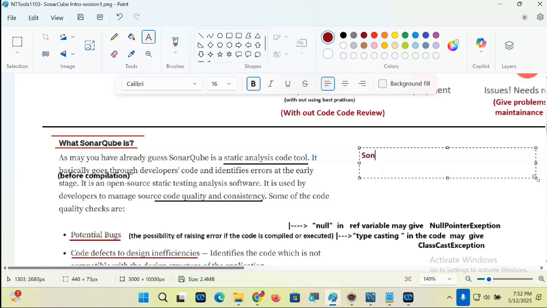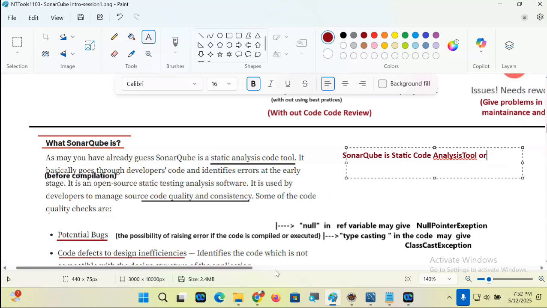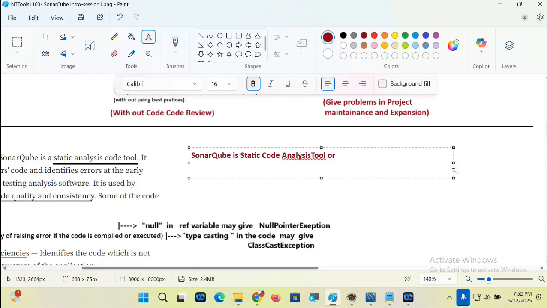SonarQube: static code analysis tool or code review tool.